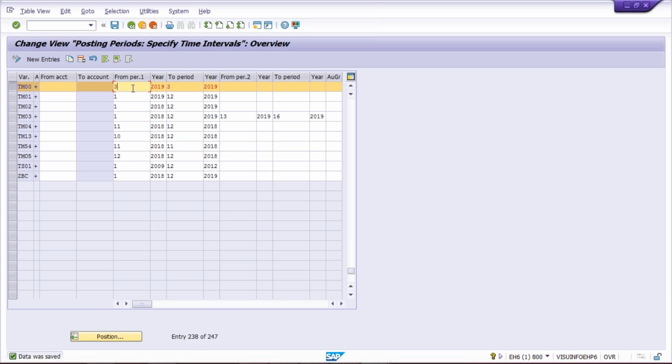Okay, here the March period is open. Now they have to open the February month also. They are going to do it here from period 2. They will open February 2019, and again 2019. So here March is open, February is also open. Okay, so whenever